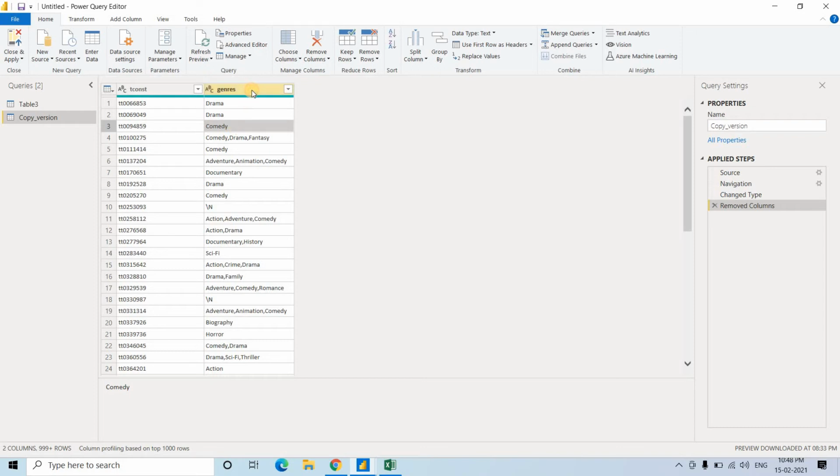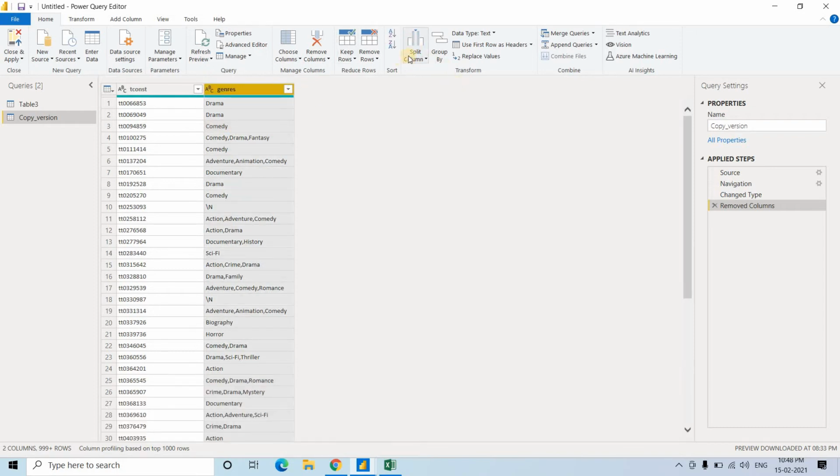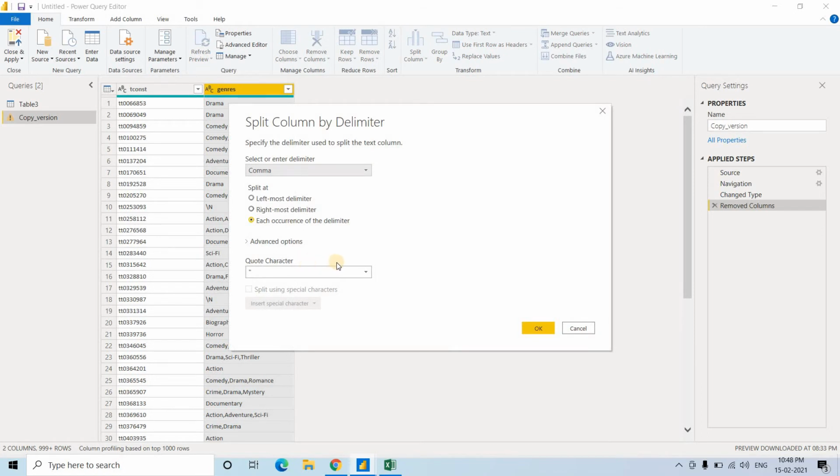As simple as that. So I will click on this, and see, the split column option is there. Just click on split column. When you click on this, you get multiple options: by delimiter, by number of characters, and so on. Now here obviously by delimiter, because the values are comma separated. We need to specify that the delimiter is a comma and separate based on comma. Here you can see select or enter delimiter: colon, comma, equal sign, semicolon, space, tab, and custom. Many things you can do with that, but we need not bother much. If time comes in future and we require other options, we will go through that. For the time being, no doubt, comma.